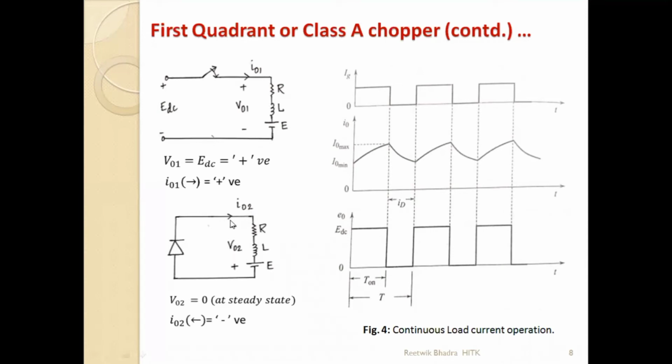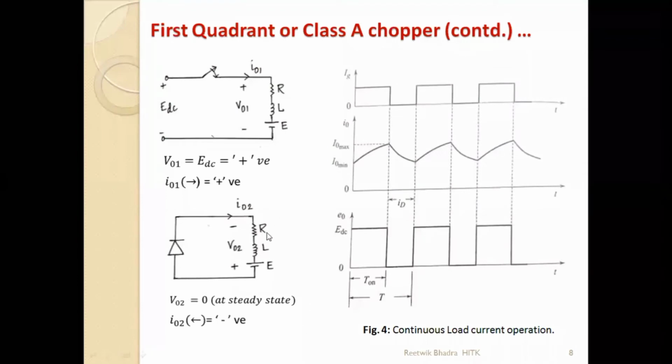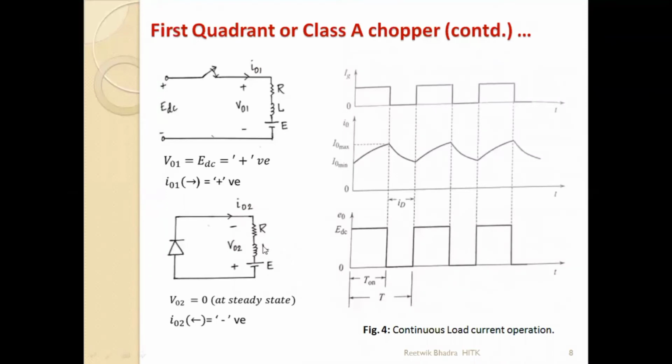If you don't understand how the polarity is changed, keep it plus minus only, no problem. Since the inductor is acting as my source, the polarity of this will change. If you apply KVL in this path, you will see that there is a decrease in the voltage: L di by dt minus EB. So I have changed the polarity as minus of this. While discharging, the inductor polarity changes.